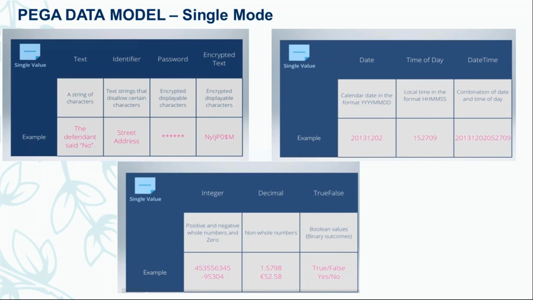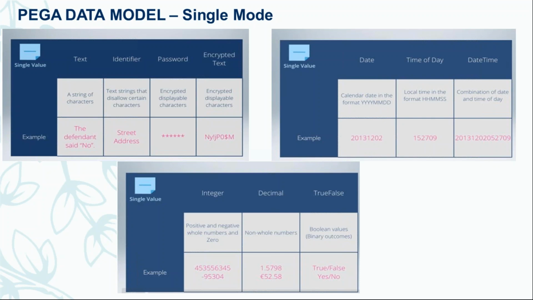So address contains a single entity of address line 1, line number 2, country, province, state, and so that is a single data object that can be converted into a single page, can be converted into a page list, can be converted into a page group. So depending on the requirement, we'll look for which one we want to use, a single page, a page group or a page list.